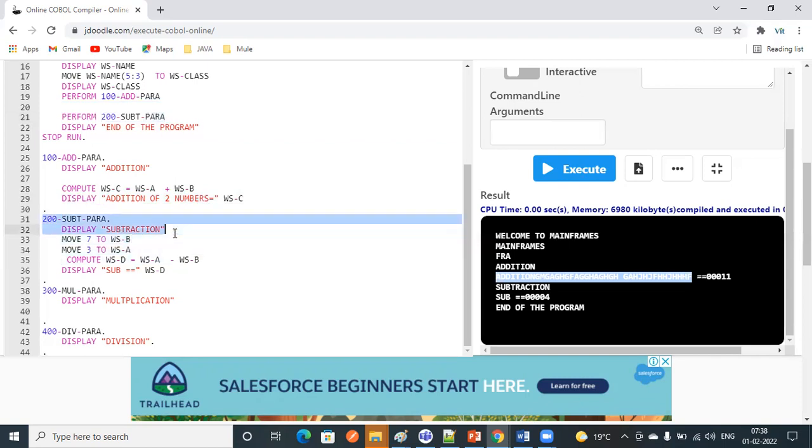It will display this keyword and whatever words are there, and move 7 to B, 3 to A. We are computing something. Finally, we are going to display the resultant value, subtraction equal to WSD. Again, it will go back to this paragraph. Then finally, what is the display? End of the program.